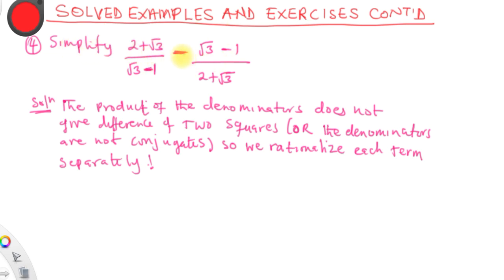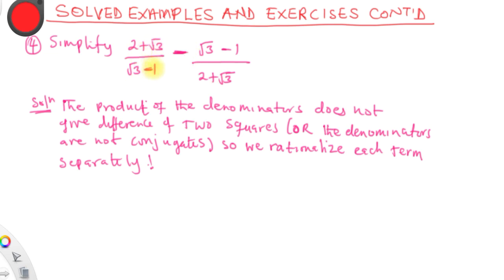We have to simplify. So this is a fractional set, and this is another fractional set. We have to subtract them. So this fractional set has two terms. Okay, so what did we learn? We learned that whenever you are given two fractional sets to simplify, either to add or subtract,